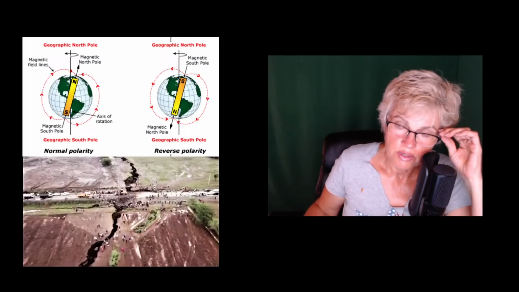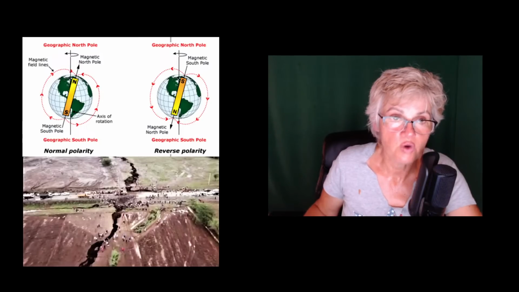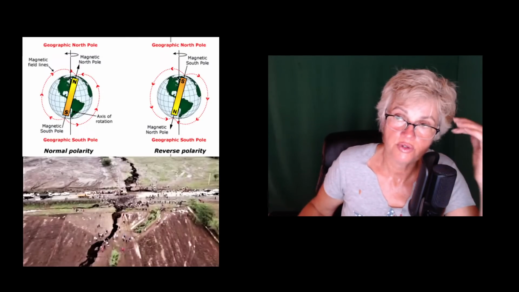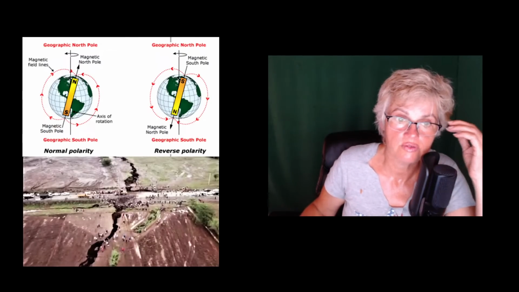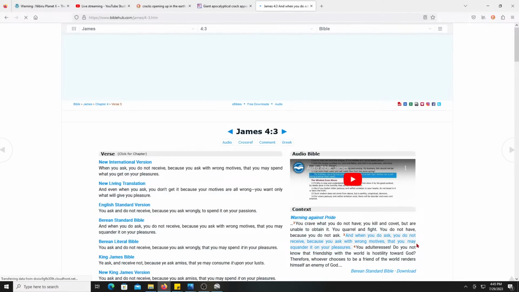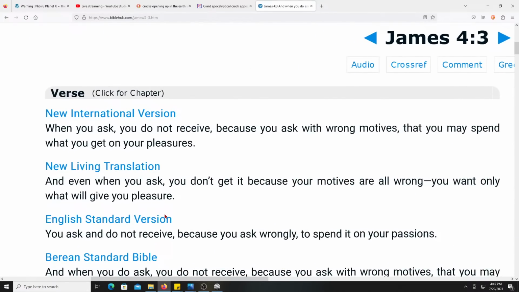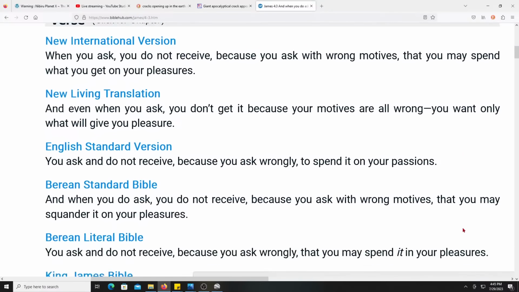You ask, but you do not receive because you ask with the wrong motives. That's what the scripture says. Look at this right here. You didn't know it's in the Bible? This is a verse for you. When you ask, you do not receive because you ask with wrong motives, that you may spend what you get on your pleasures.